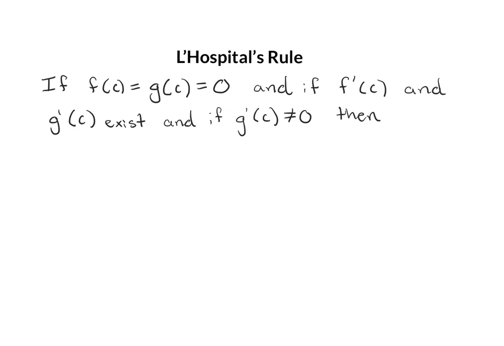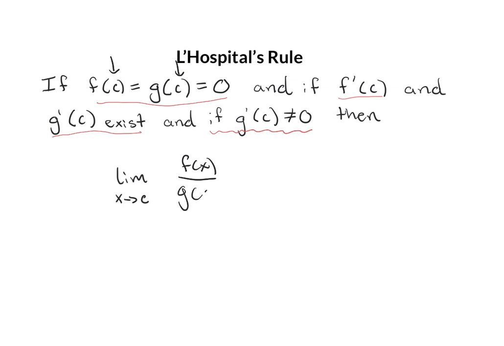If we've got these two functions evaluated at c, if they both equal 0, and if the derivative of f at c and the derivative of g at c exist, and if the derivative of g at c doesn't equal 0, then the limit as x approaches c of f of x over g of x,